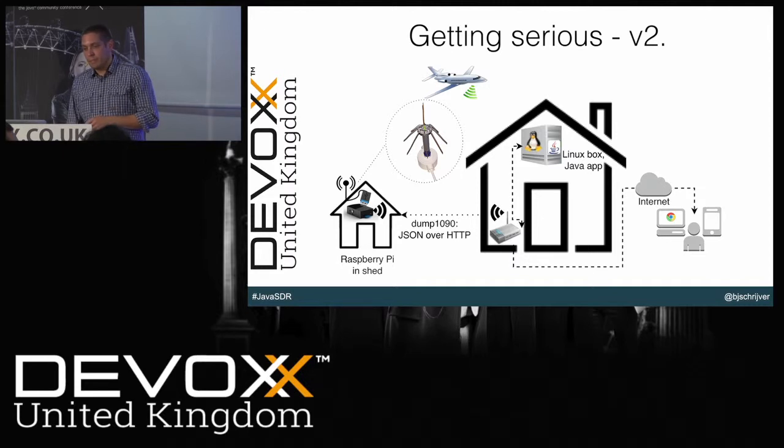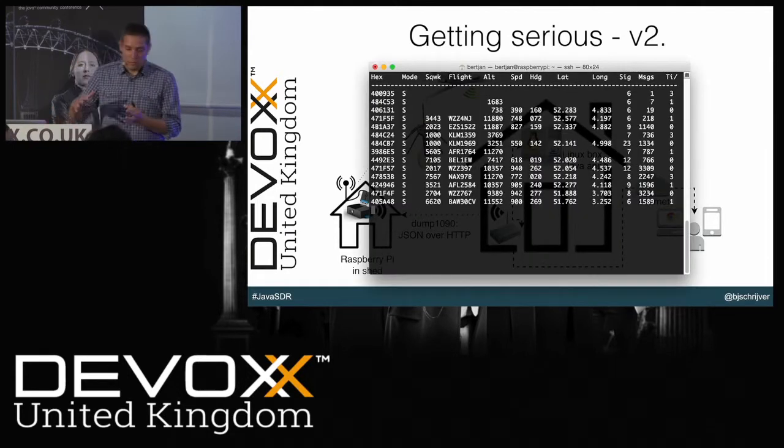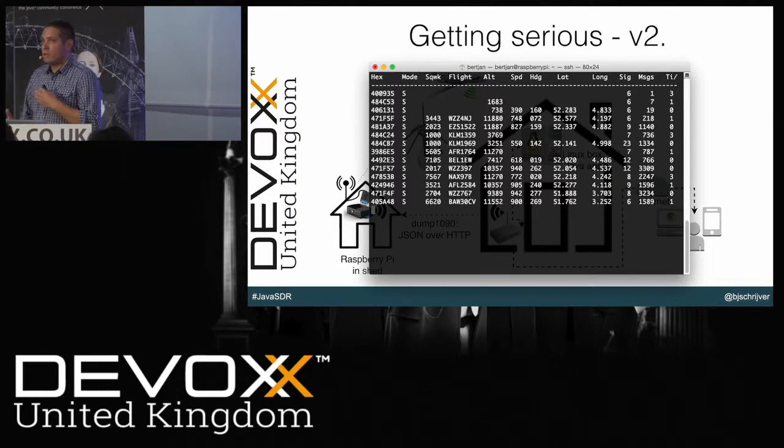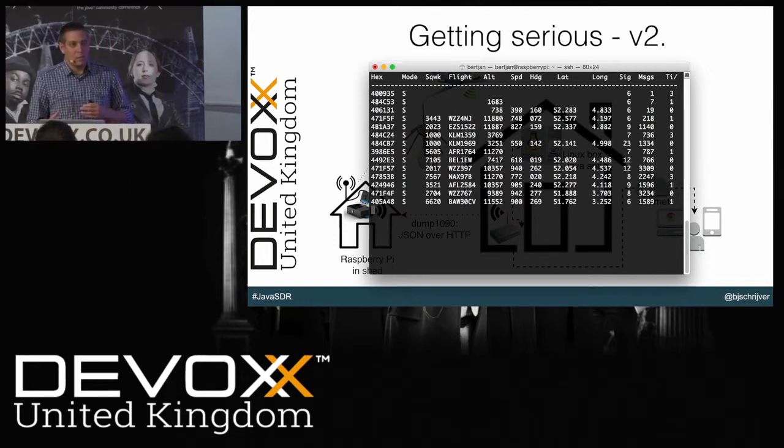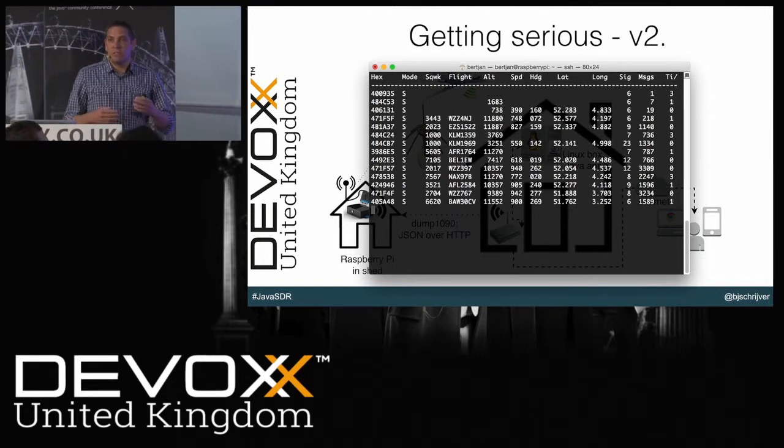So, second version. The image is almost the same, except I'm now not using an RTL TCP socket on the Pi, but I'm using dump1090. Dump1090 is a small C utility which connects to the RTL SDR stick, decodes the ADS-B signal, and then displays it on a console, but also offers it on a REST endpoint through HTTP. So the decoding part moves a bit more to the Pi, a bit more to the C side, but this results in a lot lower bandwidth usage, since now the only thing that goes over the line is just JSON data, so it's at most a few kilobytes per second.